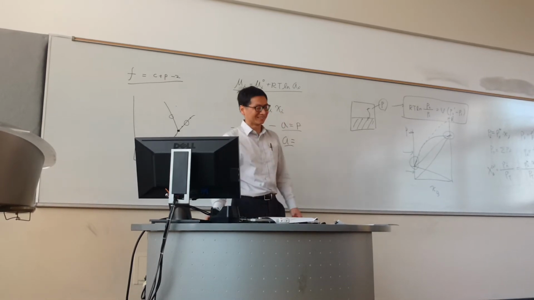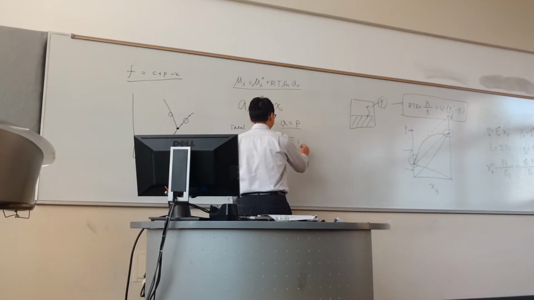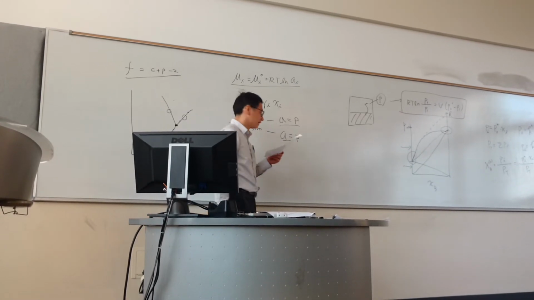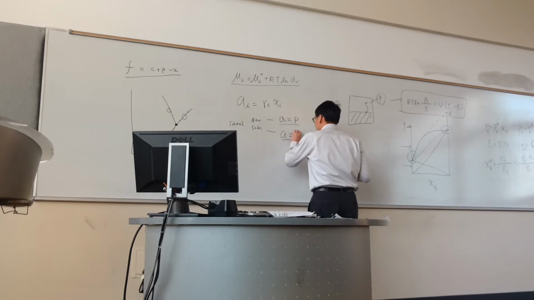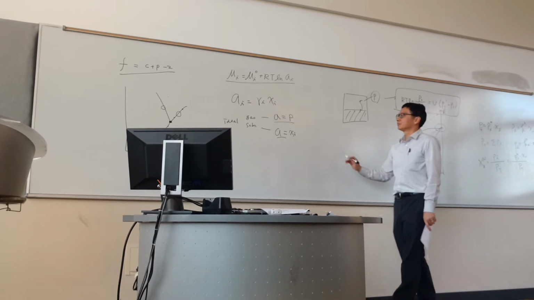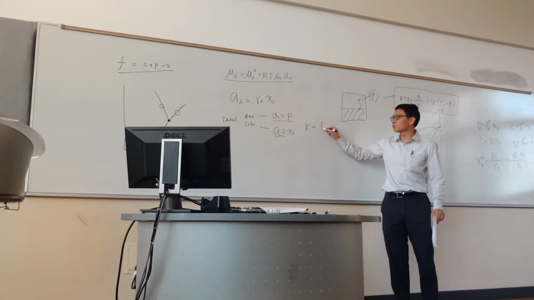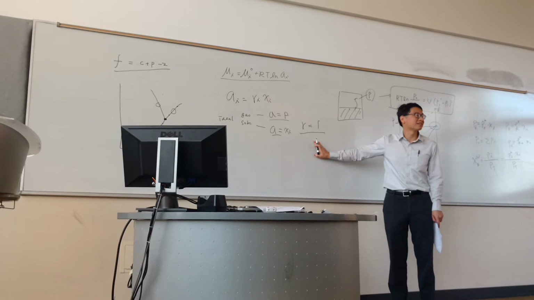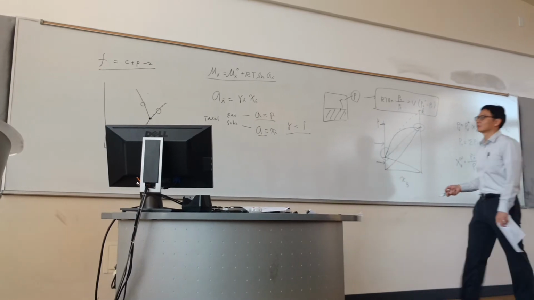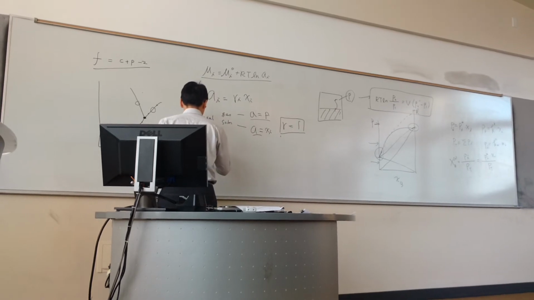a is equal to what? P_i, or x_i. It's also P. Sorry, it's x_i. And what's the gamma? 1. You should be very certain about this: if you have an ideal gas or ideal solution, gamma equals 1. This is very important. For the non-ideal gas,